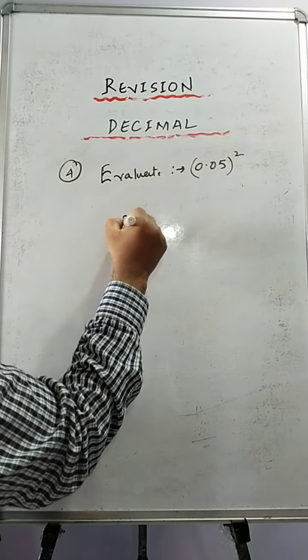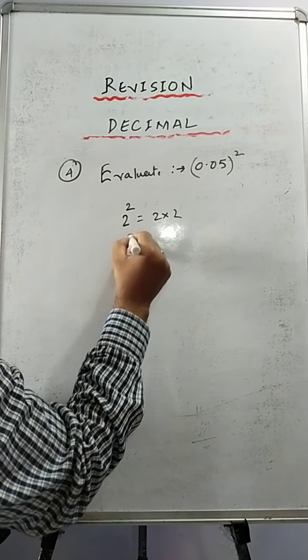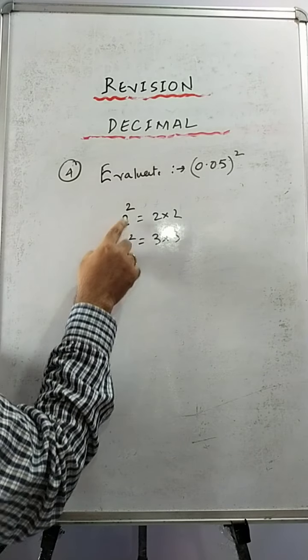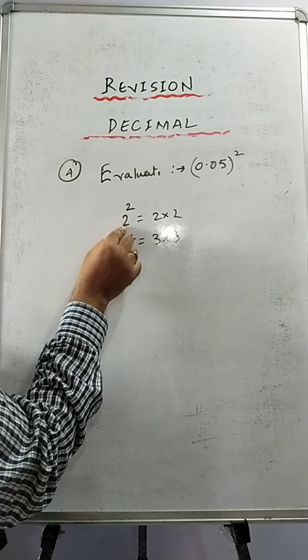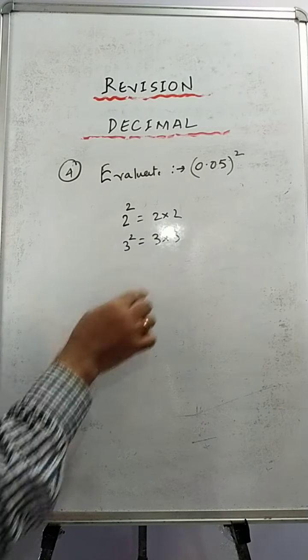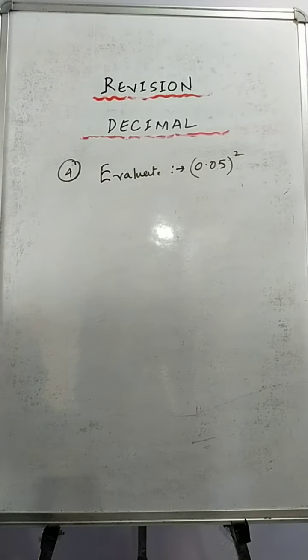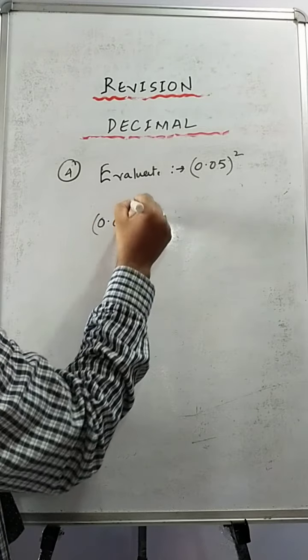Now if I write 2 square, fine, what is the meaning of this? 2 into 2. If I write 3 square, what is the meaning of it? 3 into 3. Understood? So any number which is carrying 2 at the top of the number, that means we have to multiply this required number 2 times. Fine, it's the same thing we'll do with 0.05 also. So 0.05 whole square means